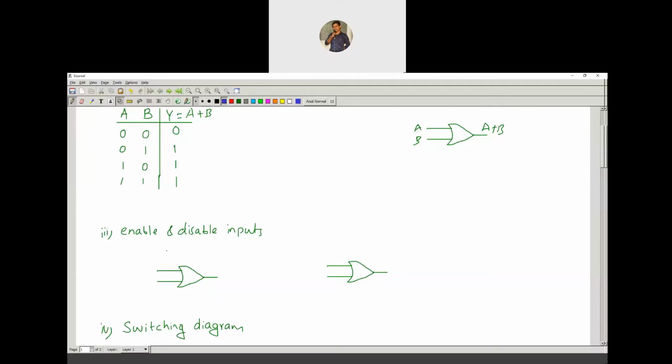The input which is not allowing the other inputs to pass through the gate is called the disabled input. We already saw this in the last gate, the AND gate. Now, for example, if my one input is 0, and I'm taking the other input as a binary input x, so here x can be 0 or x can be 1. This x is a binary variable, so it is going to have two possibilities.